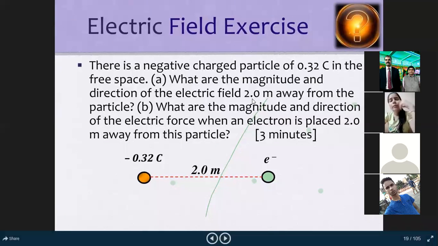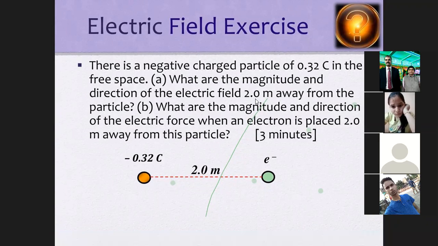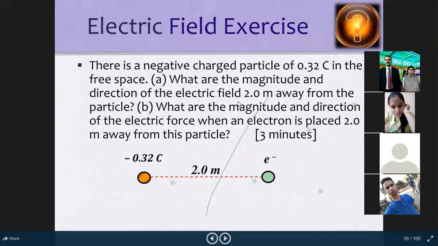और r का वैल्यू हमें दिया हुआ है, ये डाल देंगे, और k का वैल्यू हम डाल देंगे 9 into 10 to the power 9, तो 9 into 10 to the power 9 into 32 divided by 4, जो भी रिजल्ट आएगा वो निकल आएगा। डायरेक्शन निकालने के लिए यहाँ क्या करेंगे? नेगेटिव चार्ज है, तो नेगेटिव चार्ज होने की वजह से डायरेक्शन विल बी डायरेक्टेड टुवर्ड्स दिस चार्ज इटसेल्फ। ओके, तो इस केस में देखिए, अब इसका सेकंड पार्ट कहता है, व्हाट आर द मैग्नीट्यूड एंड डायरेक्शन ऑफ